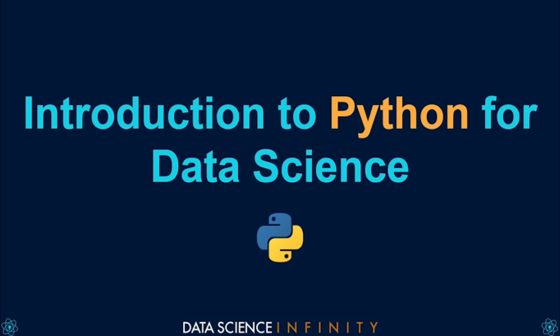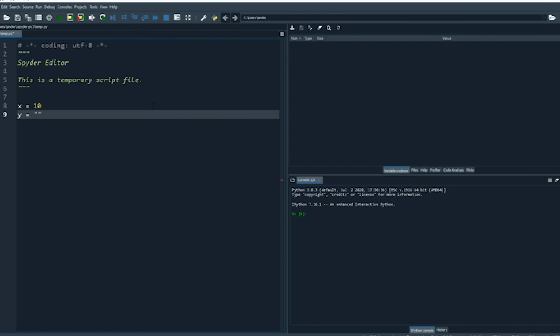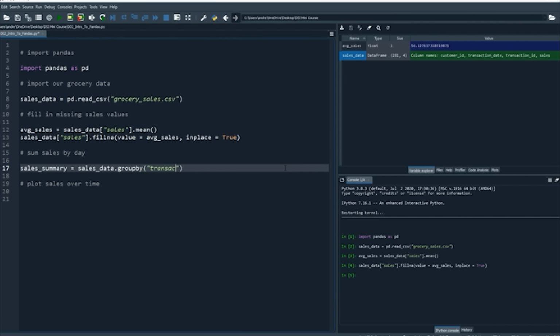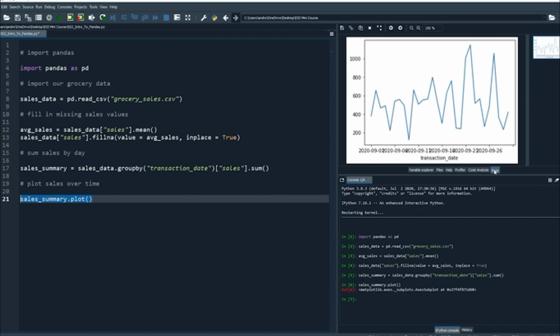Now, the aim of this mini course isn't to get you to any particular level of competency within any of these areas. It's really a way to show you that starting this journey is 100% within your reach. So let's do this. Over the next couple of hours, we are going to learn about the Python programming language. We're going to install Python and investigate the basics of coding in it. We're going to use a Python package called Pandas to explore and analyze a dataset, one of the fundamental day in, day out tasks that a data scientist or data analyst does.